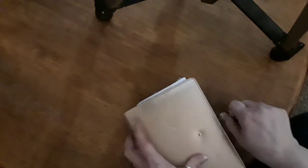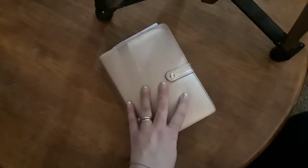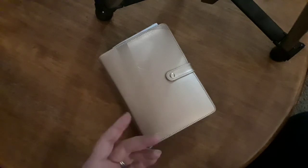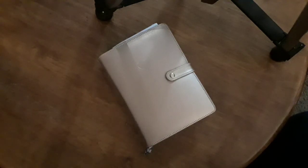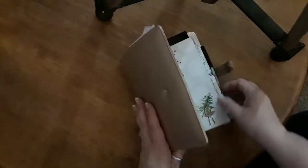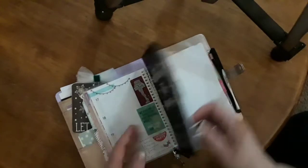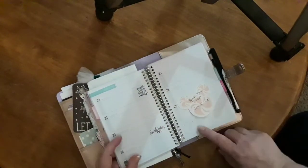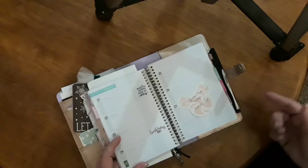So this baby fits perfectly in my purse. And so when my husband and I are out to dinner and we're talking about what we might want to do, say, for the New Year's, I can pull this out and say, hey, there's this, this, and this. Also, one of the things I didn't show you that I like to do is go forward a few months and see what's going on